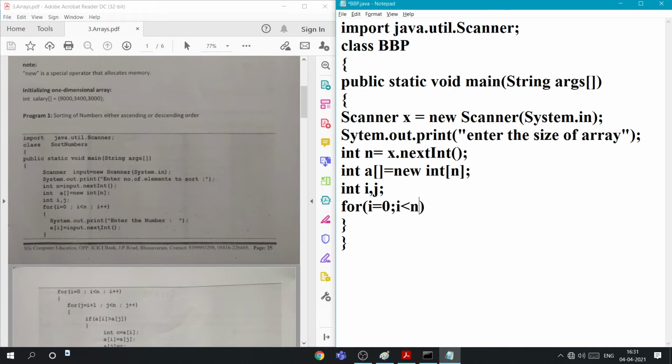i plus plus. System.out.print "Enter the number."